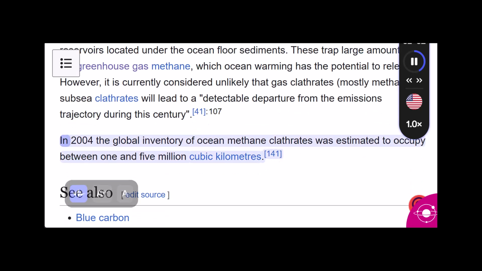In 2004 the global inventory of ocean methane clathrates was estimated to occupy between 1 and 5 million cubic kilometers. See also